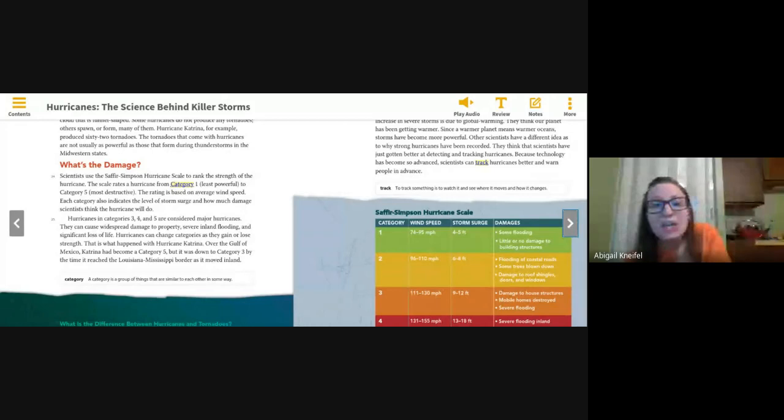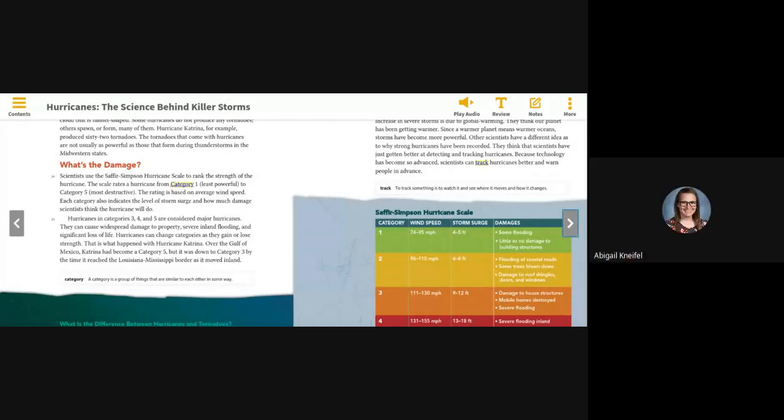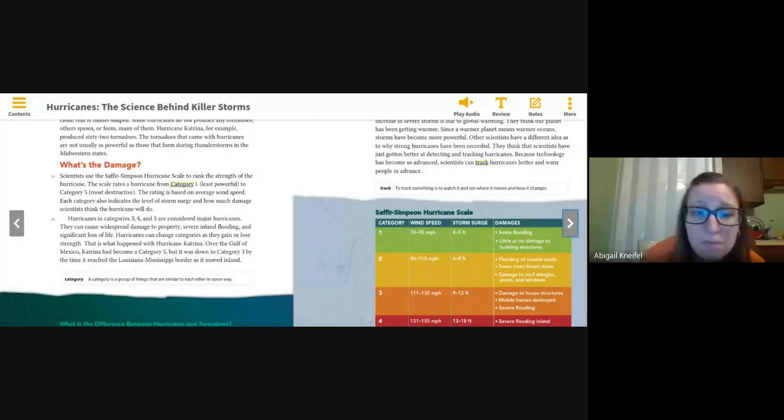So categories can change. This is what happened with Hurricane Katrina. Over the Gulf of Mexico, Katrina became a category 5, but it was down to category 3 by the time it reached the Louisiana-Mississippi border as it moved inland. So even though it was only a category 3 by the time it reached Mississippi and Louisiana, it was a devastating hurricane